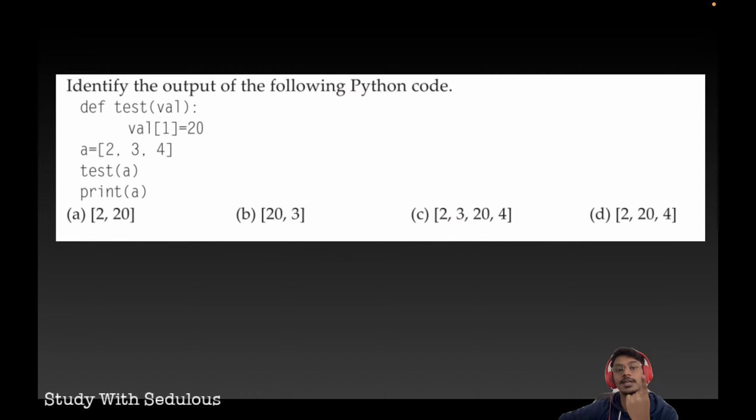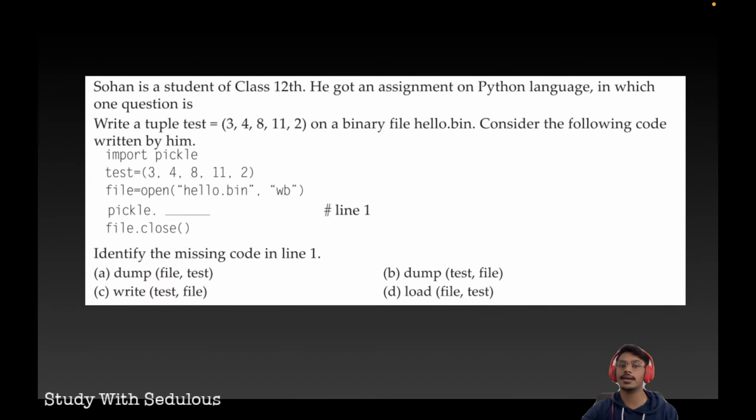So he is a student of class 12th. He got an assignment on Python language, in which one question is: write a tuple test equal to (3, 4, 8, 11, 2) on a binary file hello.bin. Consider the following code written by him. Import pickle. test is (3, 4, 8, 11, 2). File is open('hello.bin'